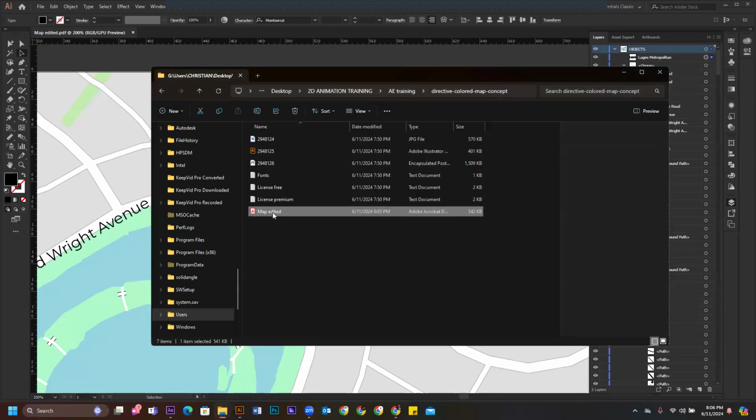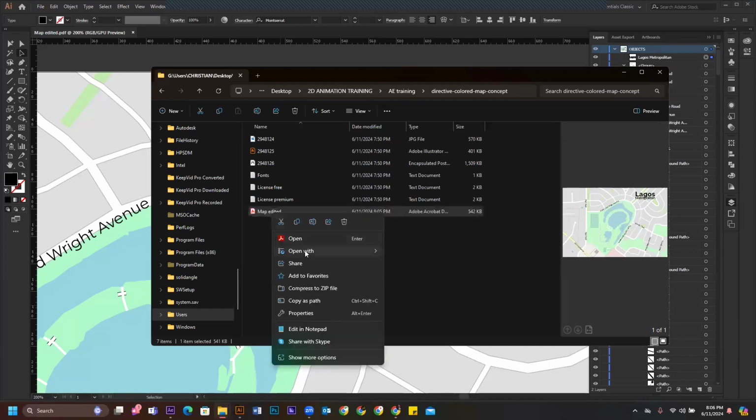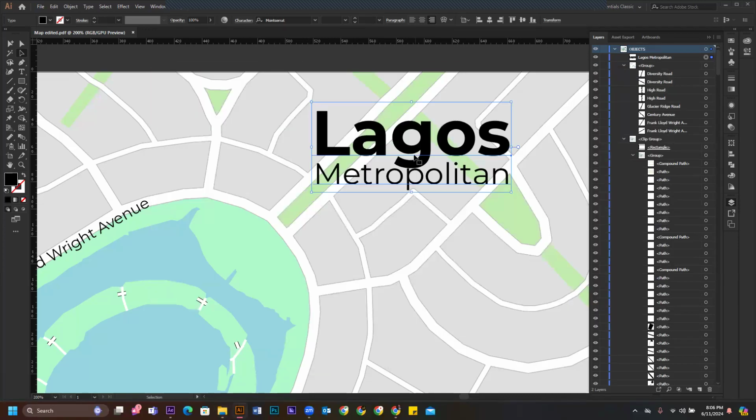Like, this is it, right? If I click, I could say open with, okay? Right-click, open with Adobe Illustrator, and it will open. Do you see that? Let me try it. Yes. So, now, Lagos Metropolitan,